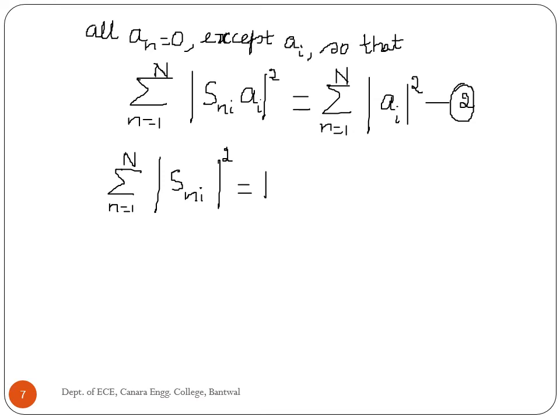So the remaining term from the second equation is summation n equal to 1 to n of Sni squared is equal to 1,